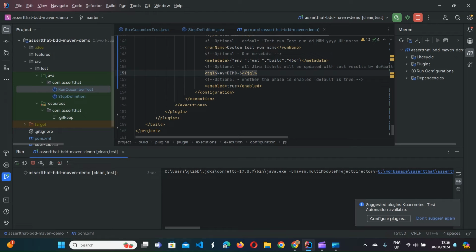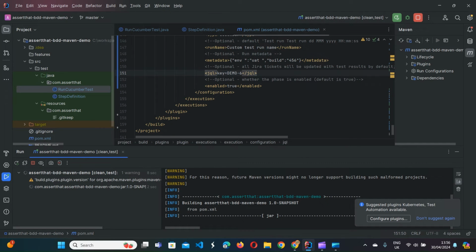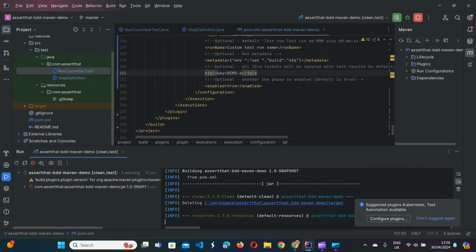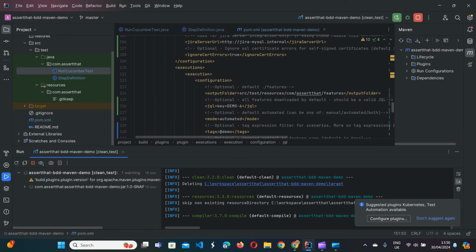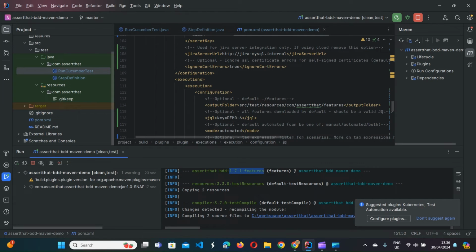And we're executing the Maven clean test command. During execution, the feature files will be downloaded to the folder which we specified in the plugin configuration here. So you see the features goal is being executed.